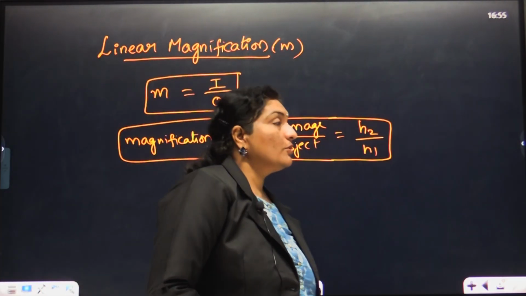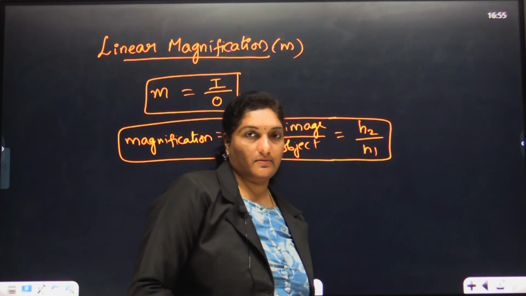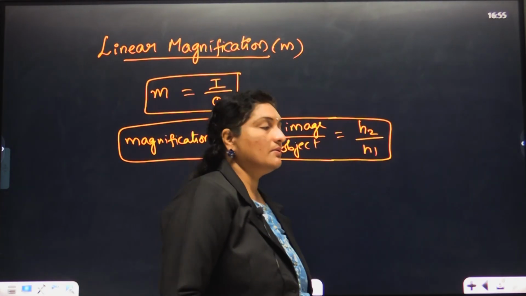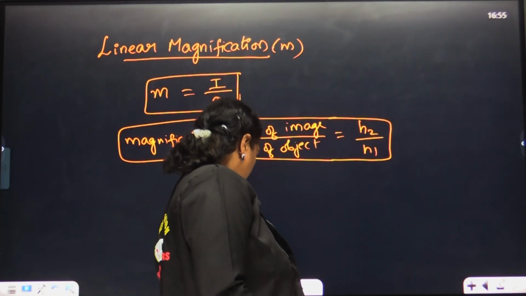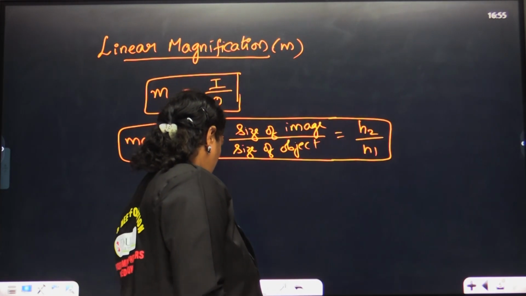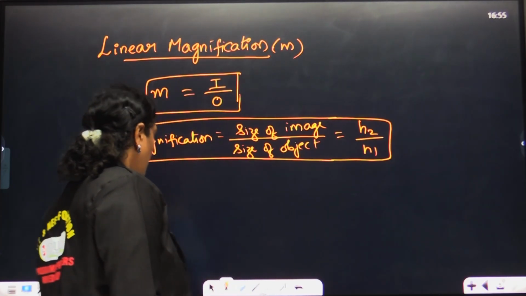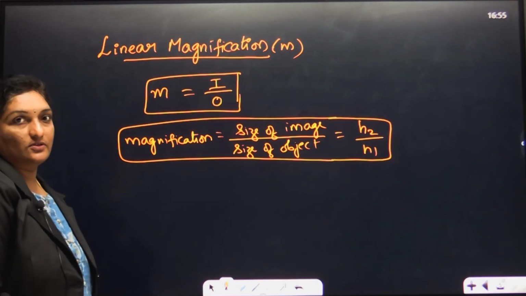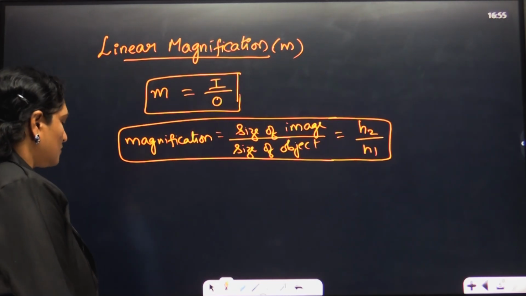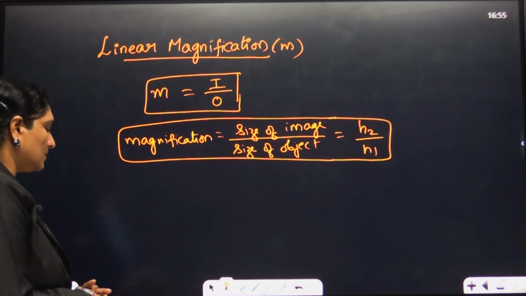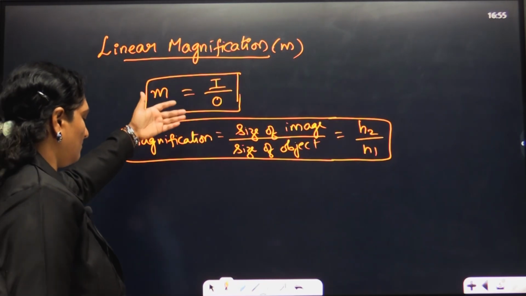Similarly, if you go with a convex mirror, if you observe it carefully, a virtual image is formed. In the case of a convex mirror, a virtual image is formed. So, in the virtual image, both image is negative, whereas